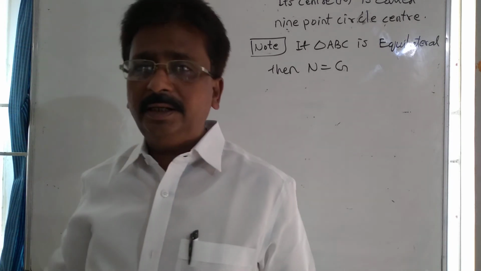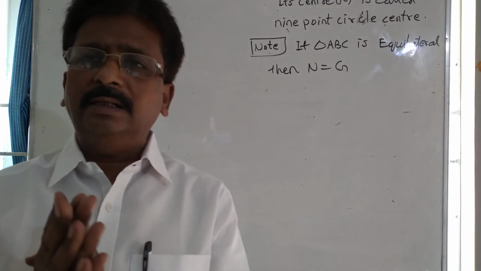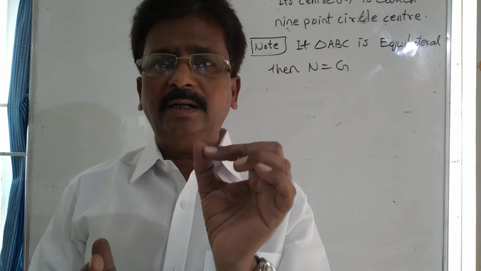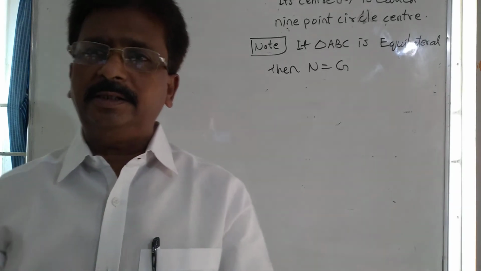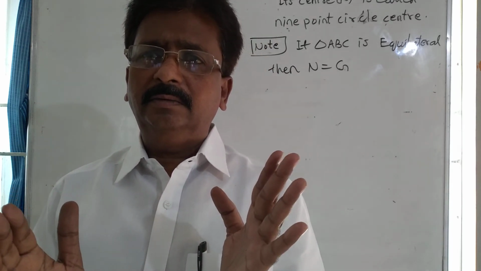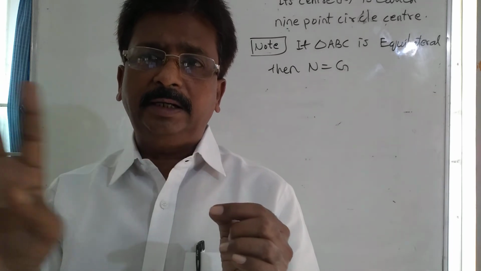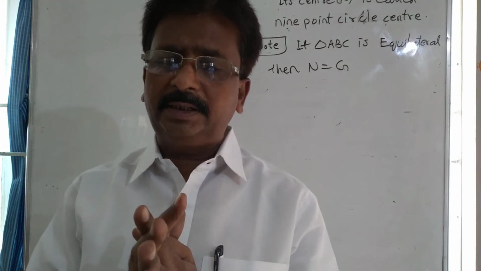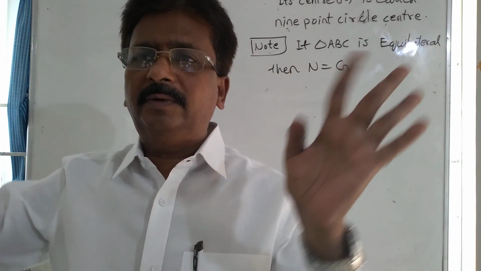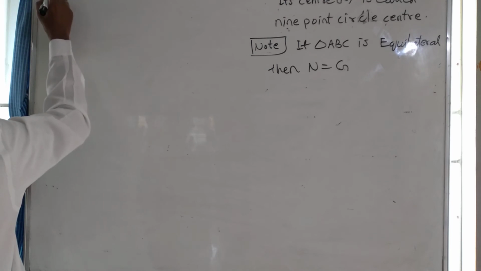Okay, but here the 9-point circle center can be identified in a special region. I will say what the special region is. A line joining the 4 points, I will say. The name of that line is the Euler's line. What is the Euler's line? It is the join of the 4 points, one after one. What are those points? I will say.